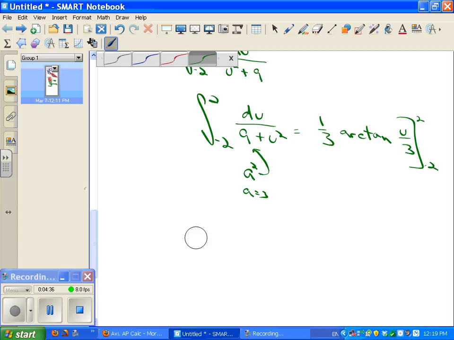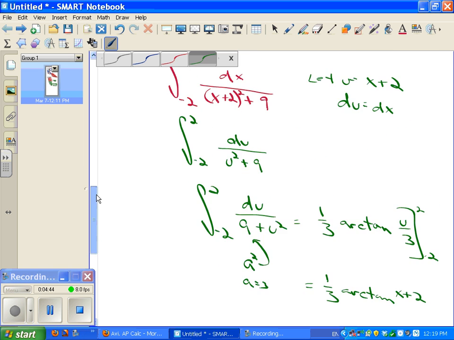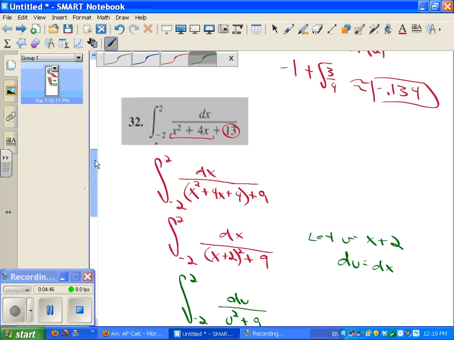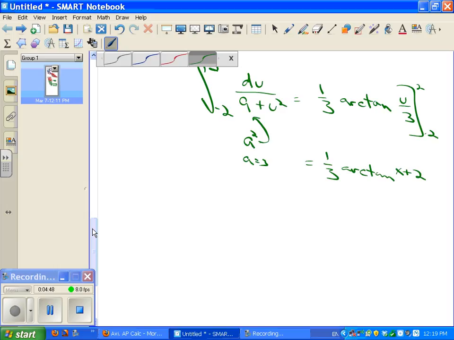I should probably put the u back the way it's supposed to be first. 1/3 arctan of x plus 2 over 3, and evaluate that from negative 2 to 2. That's better. So 1/3 arctangent of 4 over 3